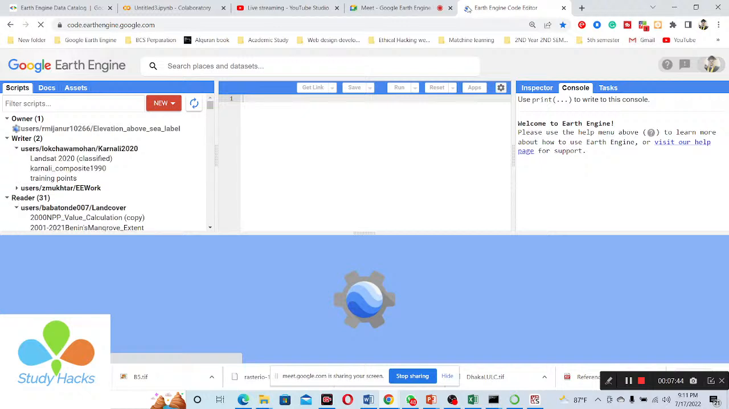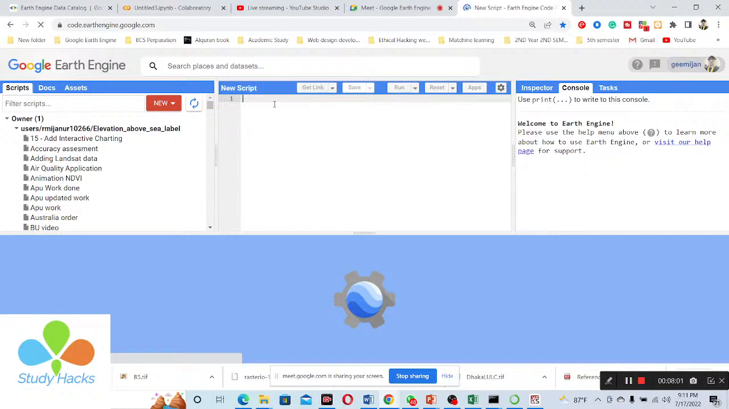First, we need to select our region of interest, or ROI. In the previous class I already showed you how you can easily import your shapefile or other things. So this time I simply import my region of interest, or my boundary shapefile, from the asset tab. Here you can see this is the asset tab. I simply go to this asset tab,